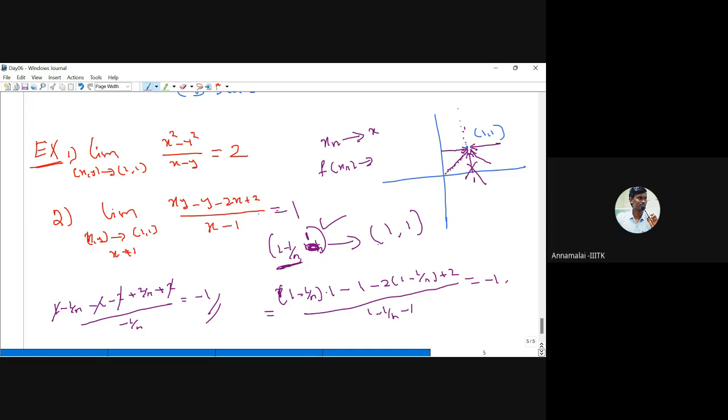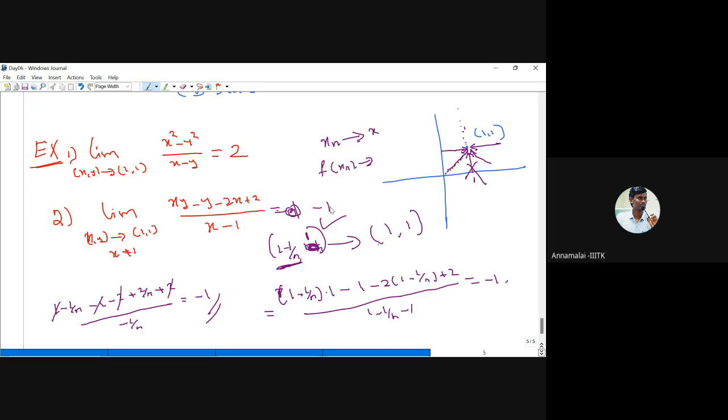Okay. So better what we have to do, you have to simplify this function. The limit is minus 1. Because if you take this limit, and if you take this sequence, we get again minus 1. If you take this sequence, again you'll get minus 1. So we guess that, okay, maybe the limit exists, that limit should be minus 1. Otherwise, you can